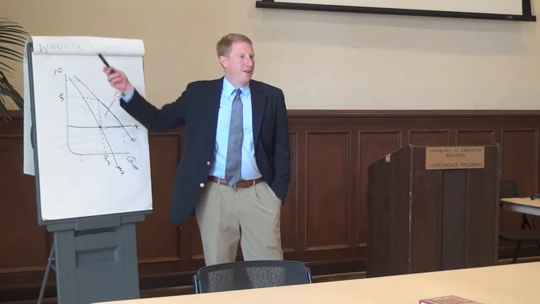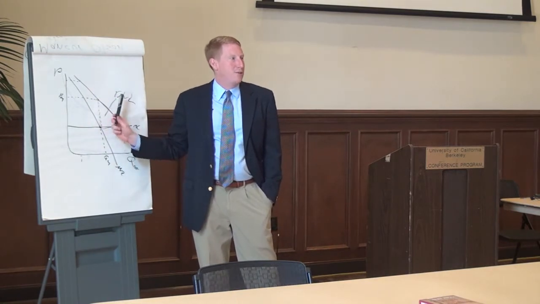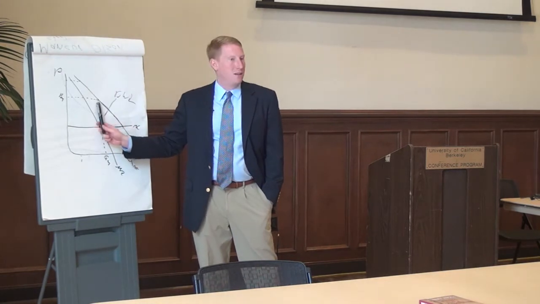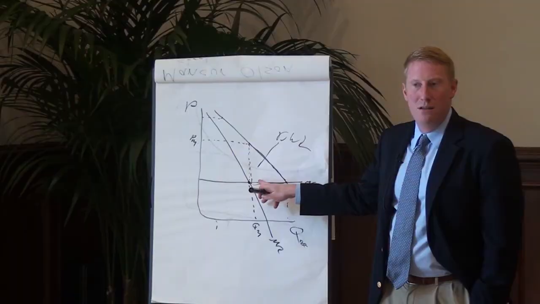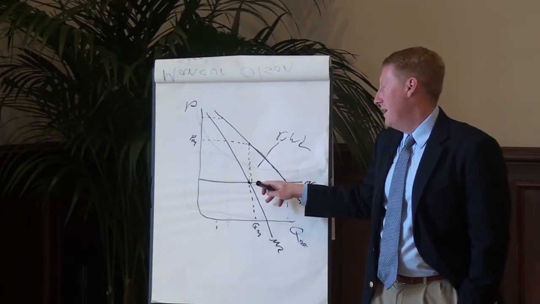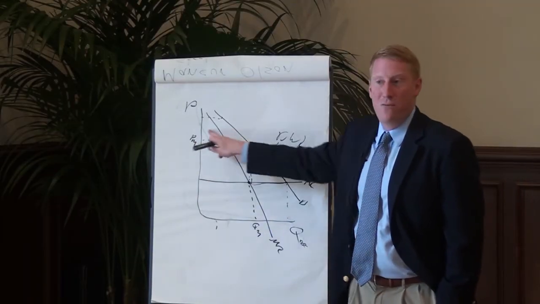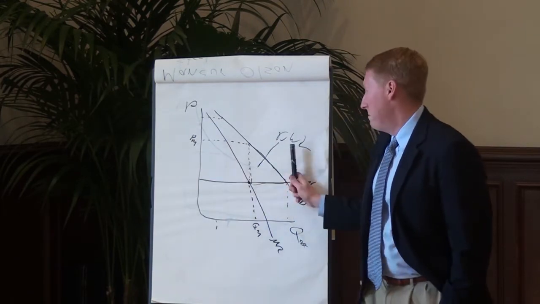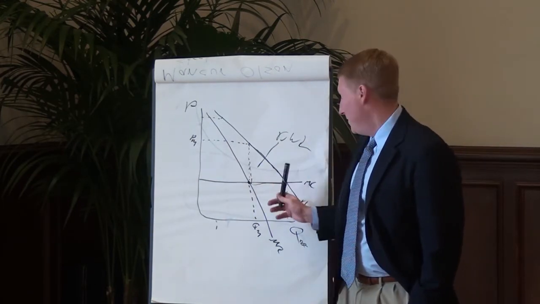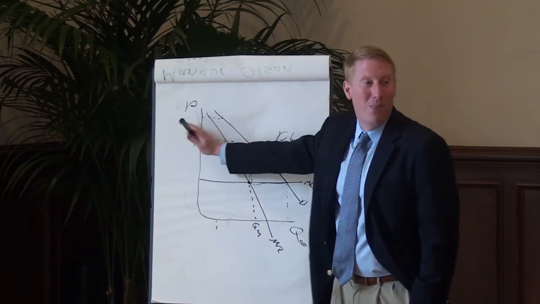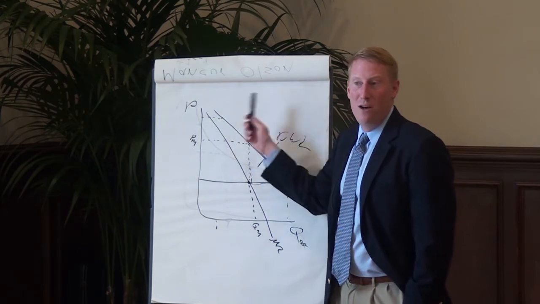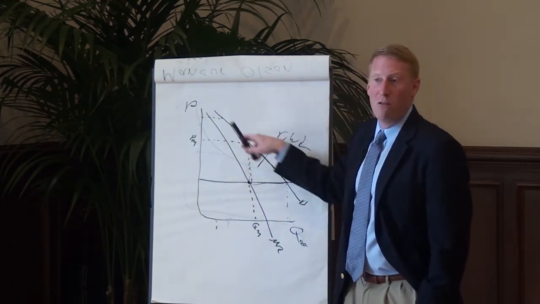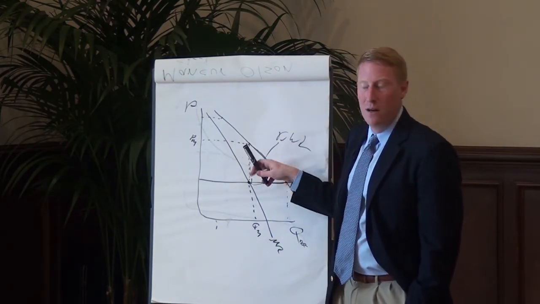So I think you've got to remember this is a static picture. It's a snapshot in time. Given the technologies that exist right now, this is your inefficiency, this lost gains from trade. But if we look at this in a dynamic sense, this doesn't tell you what new products are being innovated specifically because there's the potential for this profit. Because it could be that this market wouldn't have existed, which means your deadweight loss isn't this, it's the whole darn thing is gone. So this dynamically creates the incentive to create new markets. It also creates the incentive to work around it so that this does not perpetuate.